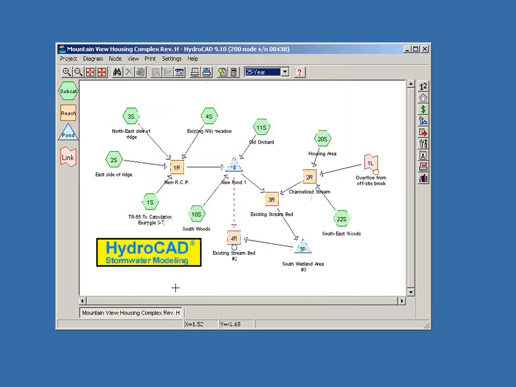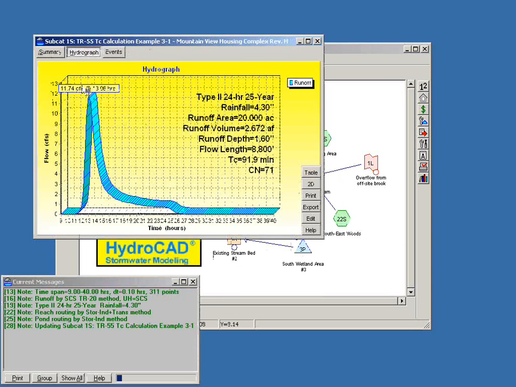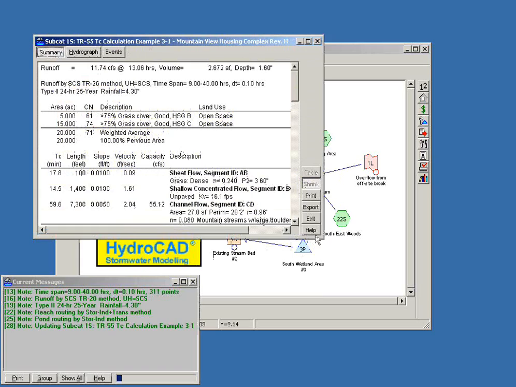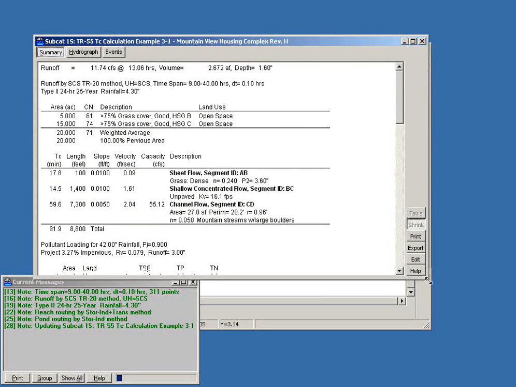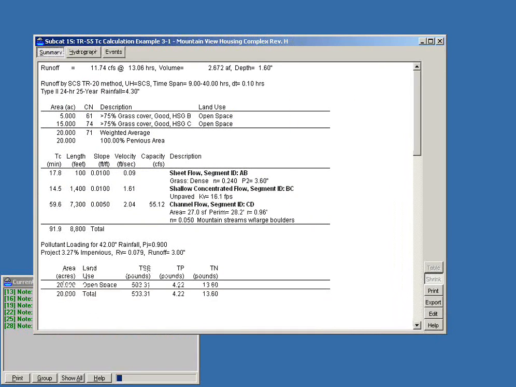When we click OK on that screen, if we now look at any of the subcatchment summaries within that project, we have additional information that's now shown on the summary. We have the basic land use that's reported in this column up the top, and then we have a new table down the bottom which indicates that we're doing a pollutant loading calculation, in this instance for 42 inches of rainfall, so this is presumably a total annual pollutant load,